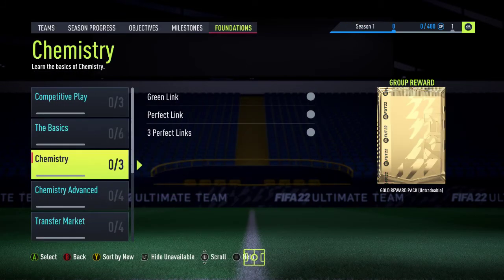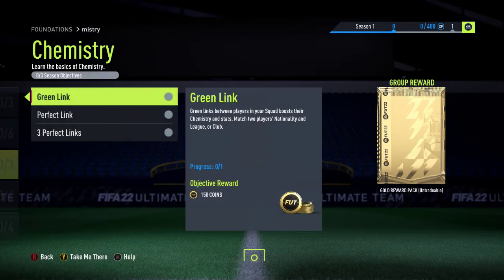Chemistry. Chemistry is important within FIFA because it affects the way that the players play together as a team. Players have individual chemistry rated up to 10, and teams have squad chemistry, which is up to 100. The best situation for all is for every player to be on 10 chemistry and the squad to therefore be on 100 chemistry. Green links is a good strong link between 2 players. As you can see,